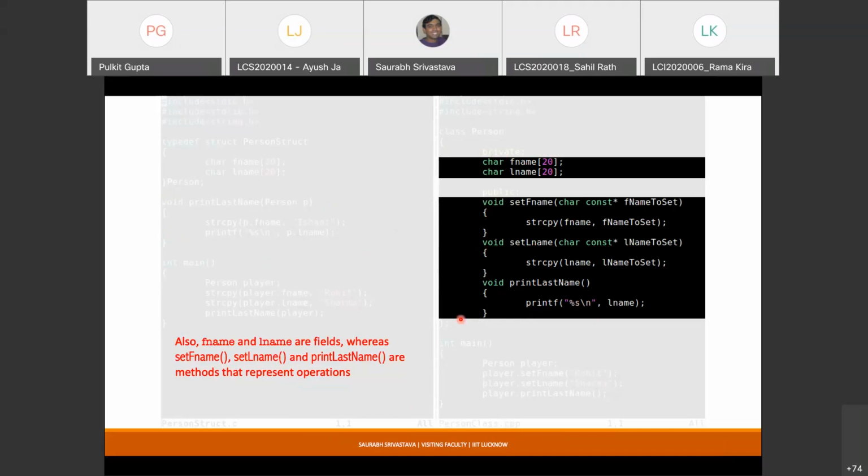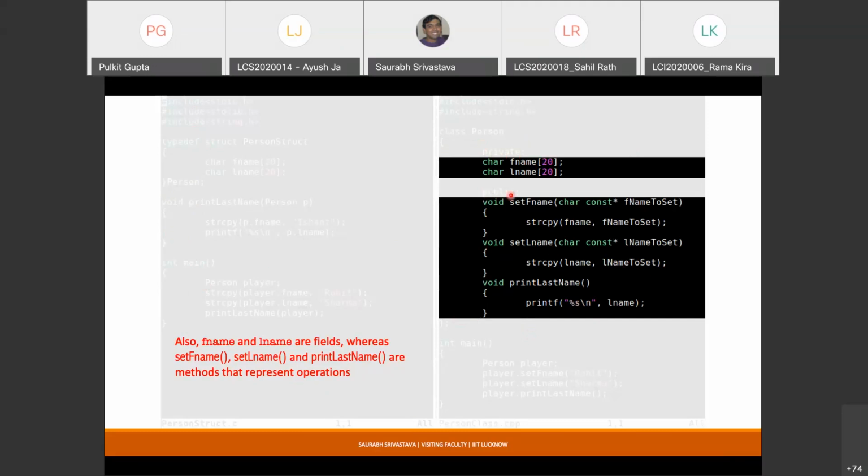As we do practice, you'll understand how we do that, because tomorrow I'm going to show you some more parallel examples, where I write the same code in C and then the same code in C++. For now, just don't worry about private and public.